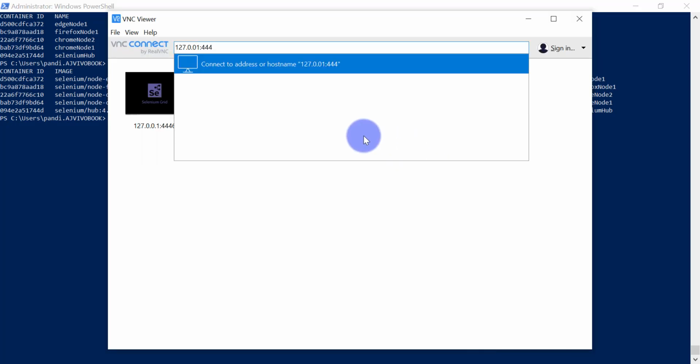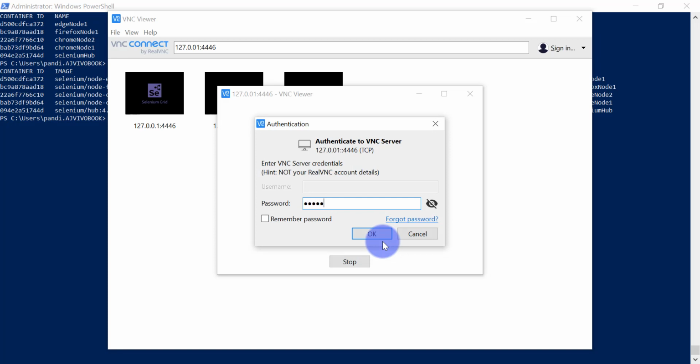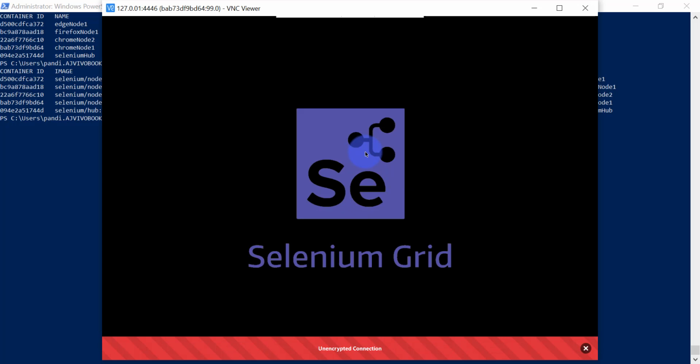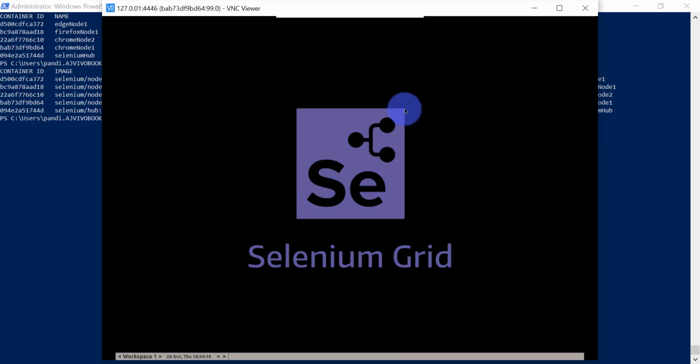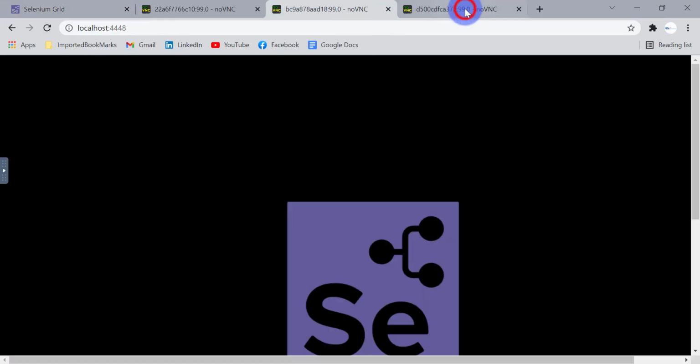Okay, it will also ask you for the password. Here also we need to enter secret in lowercase. Okay, so this is the Linux container running our first Chrome browser. So we can monitor our test case through this VNC service, or you can use the noVNC service as well.